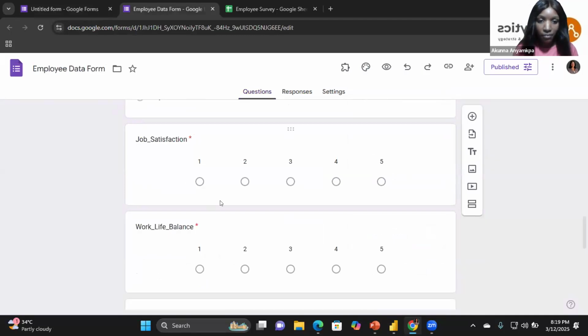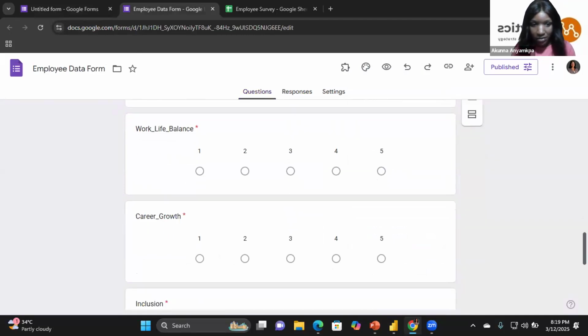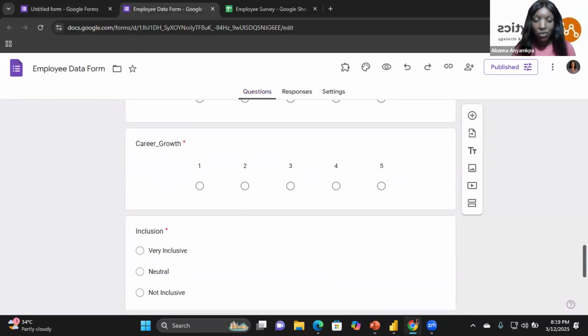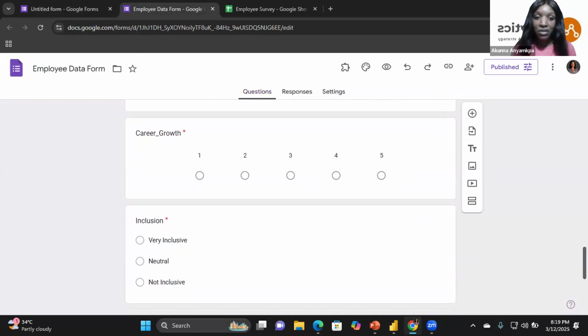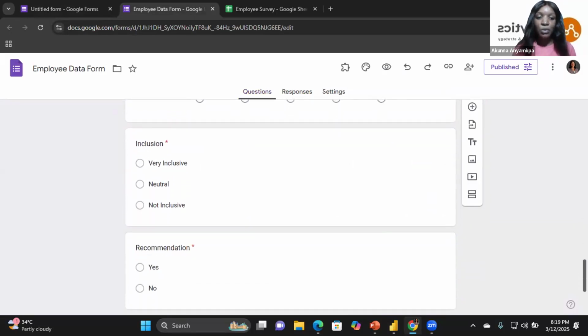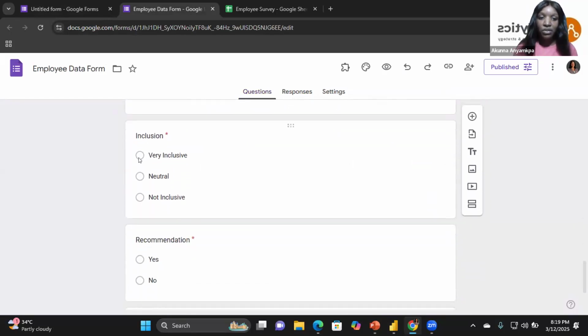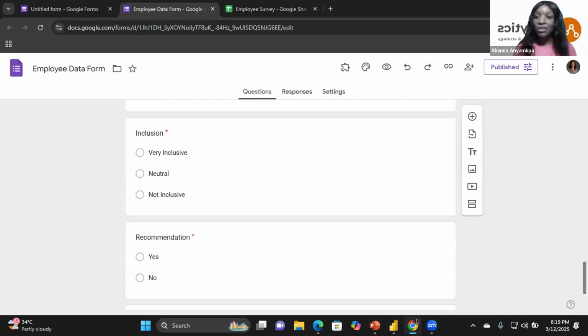Okay. All right, the next question here says your career growth. Okay, career growth also has the same linear scale, okay? And then we're going to add inclusion, all right? Very inclusive, neutral, and not inclusive. And then we'll add recommendation, yes or no, all right? Are they going to recommend the company, yes or no? All right, so these are important